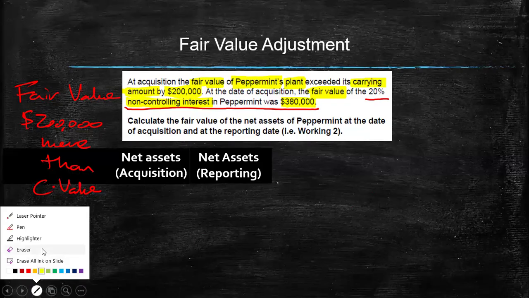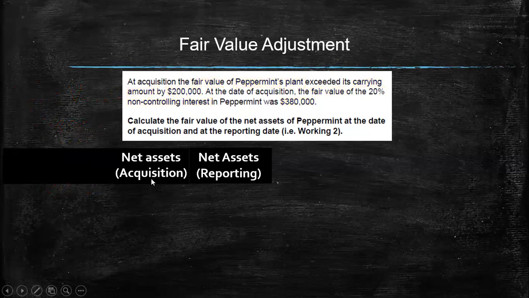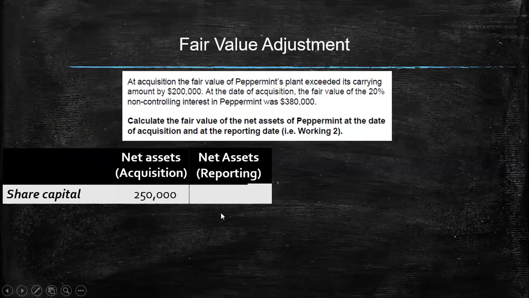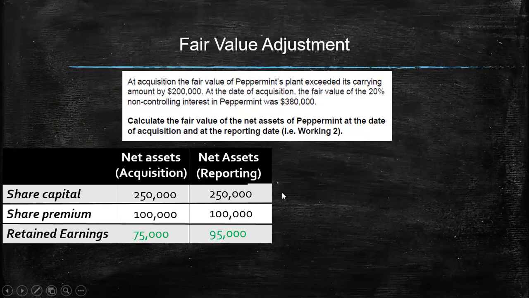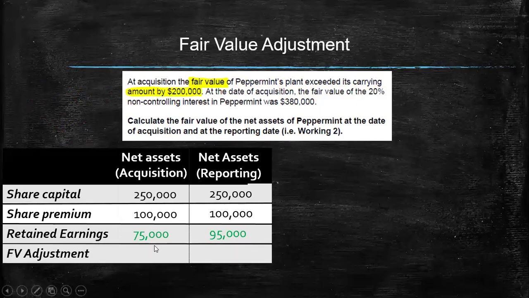Specifically, you will adjust for this fair value in working 2 of the scenario. We have net assets at acquisition, we have net assets at reporting date. I'm assuming values here for share capital, share premium and also retained earnings. But here comes the adjustment. Wherever they tell you that the fair value is more than the carrying amount by 200,000, we will add this 200,000 in both the acquisition column and in the net assets reporting column